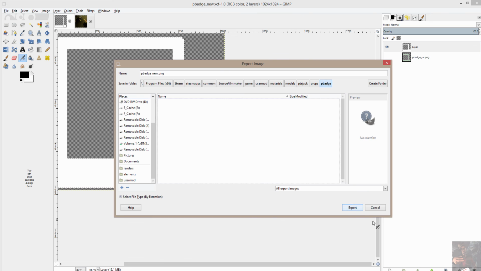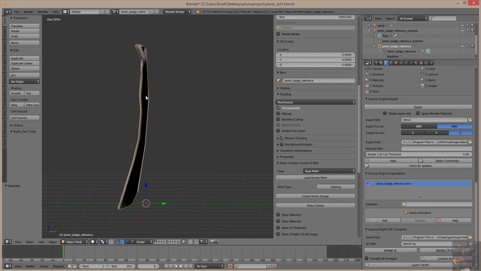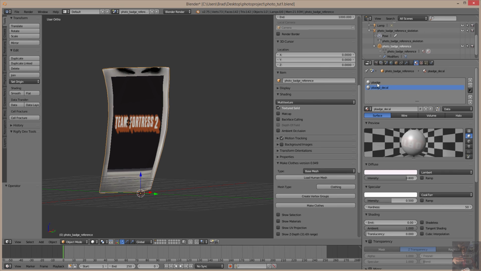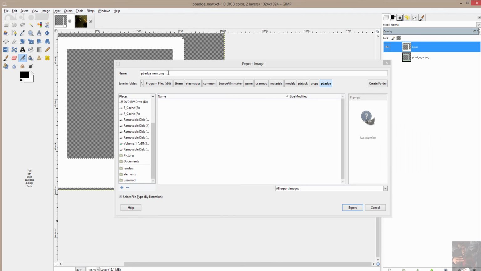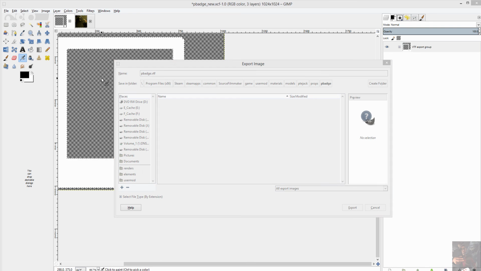VTF to go, and I'm going to name it the same name as I gave it in my materials panel back in Blender. So I'm going to click on the materials panel. That was P badge. So I'm going to call this pbadge.vtf. As soon as I hit export, it's going to bring up the